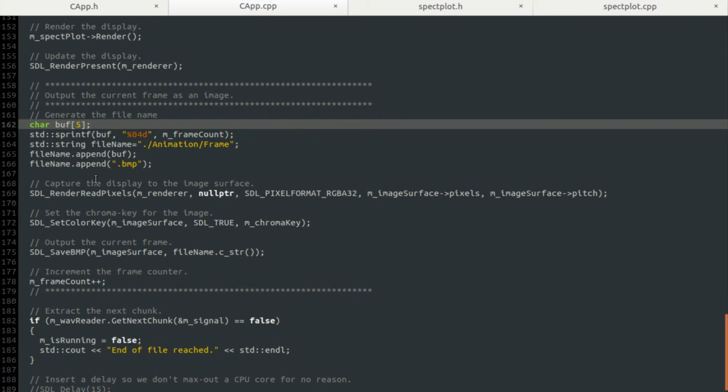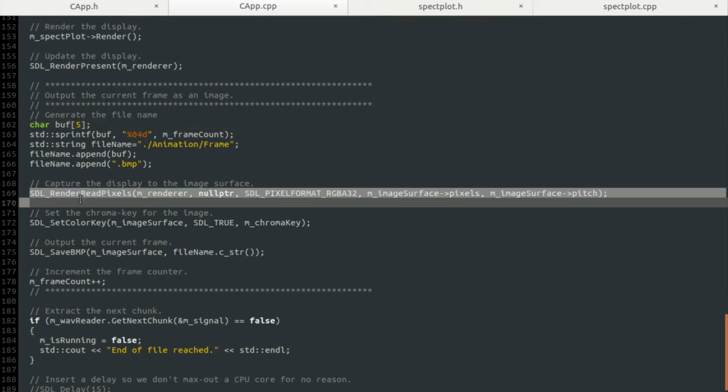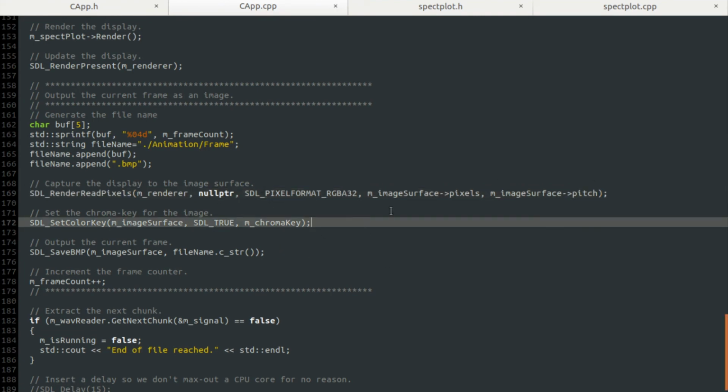Now this is really slow because we're using the SDL_RenderReadPixels function, which the SDL2 documentation describes as being very slow, but it is the best way I know of getting the final image from our window and being able to write it out as a bitmap. Because this is already very slow, I haven't worried about execution time in terms of fast Fourier transforms or anything like that. The way this works is all well described in the SDL2 documentation, so I really suggest you go and look at that. But to set this up to actually write the images, the first thing we need to do is